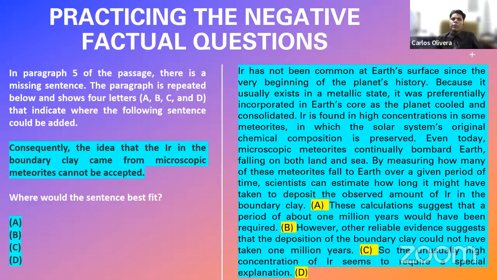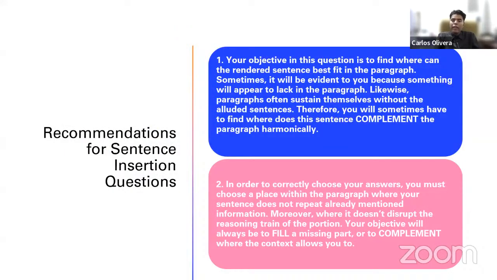And this is going to be something very similar to what you're going to see on your screen in the actual test, because you're going to have a paragraph, and in some parts of that paragraph, commonly at the beginning of a sentence or at the end of a sentence, you're going to receive a space. That is what those letters mean, a space in which you could insert a sentence that they are going to give you. And what you have to do is to decide where to insert it. That's everything you have to do in this case. Okay, so before we see the answers, let's look at some recommendations.